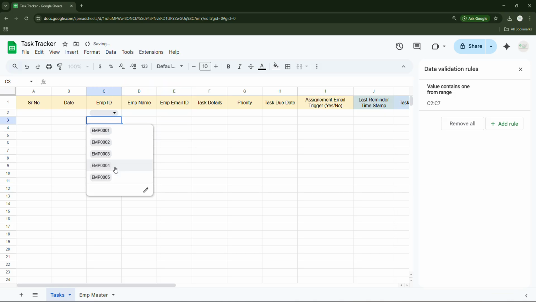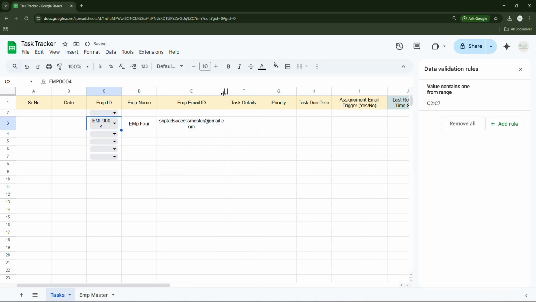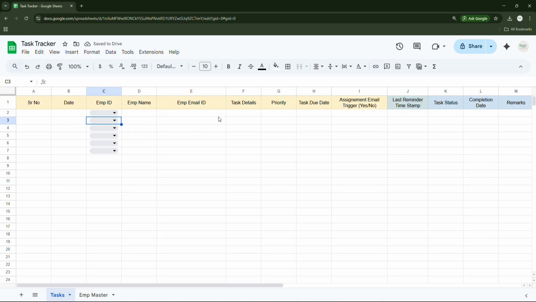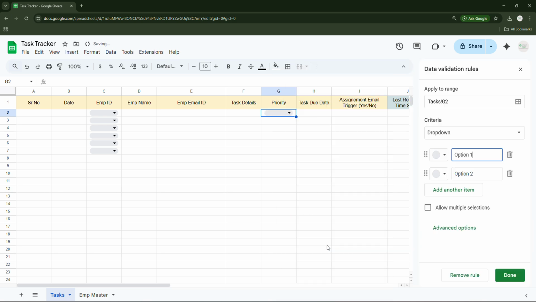Whenever you are selecting the employee, the name and email ID will come automatically. If you don't select it or just delete it, it will go as it is. Okay. Now next is priority, same. We'll keep it as a drop down. I'll just put it as P0 or P1,